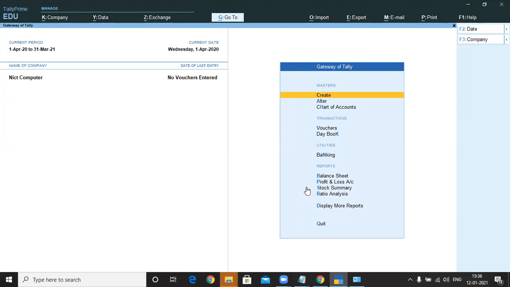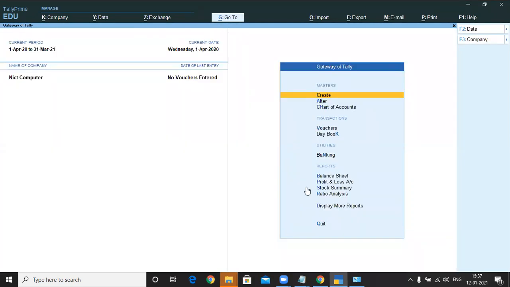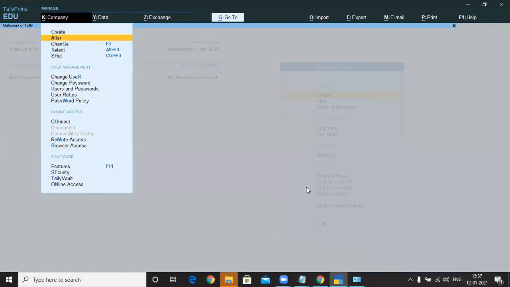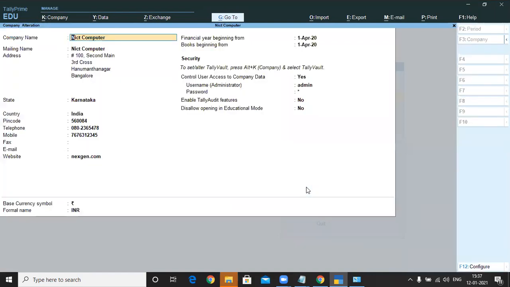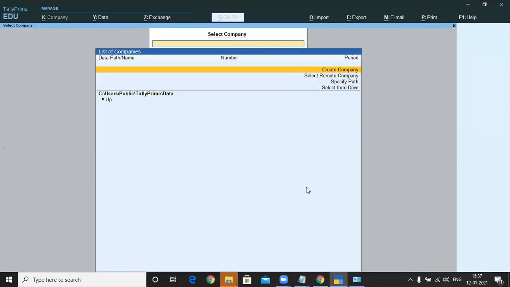Okay. So Control F3, press enter key. Alt K, alter, Alt D. Are you sure to delete? Yes. Now the company is completely deleted.